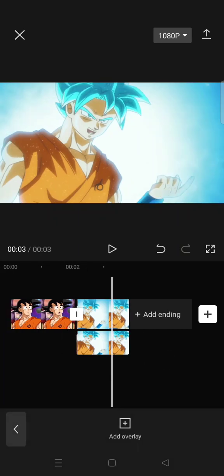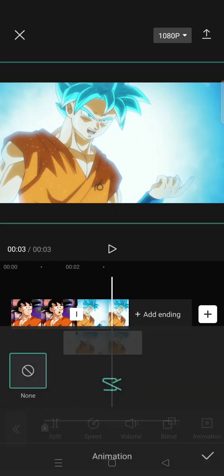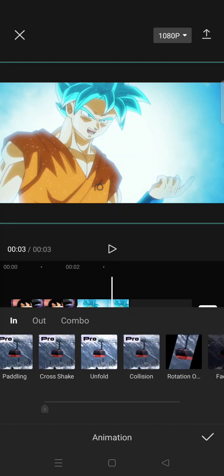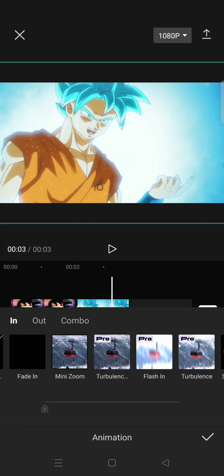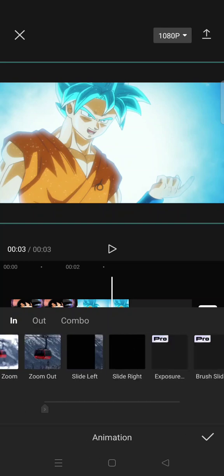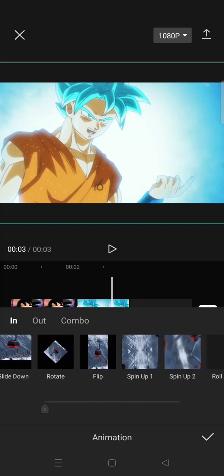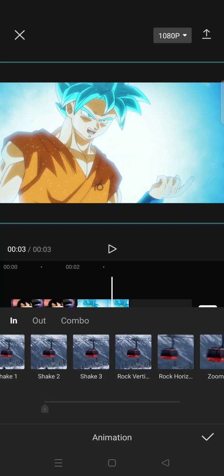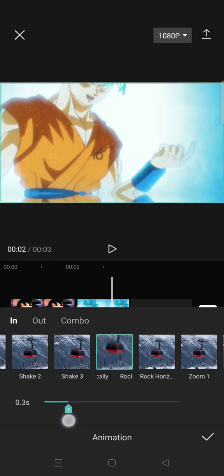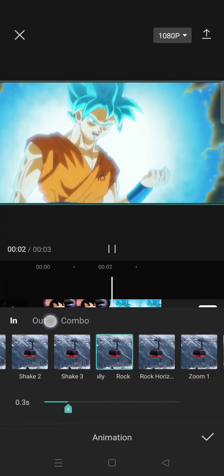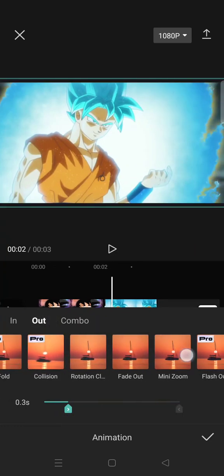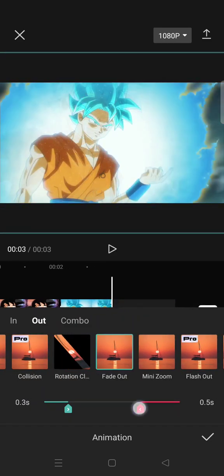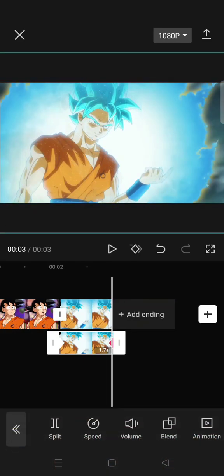And now go to animation, select the rock vertically animation for 0.3 seconds. Okay, this one. And then on the out, select the fade out animation. Okay, click on the check icon